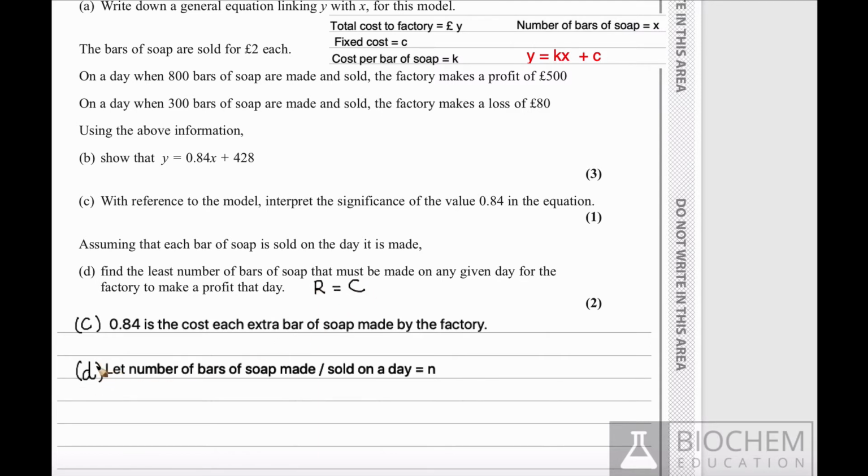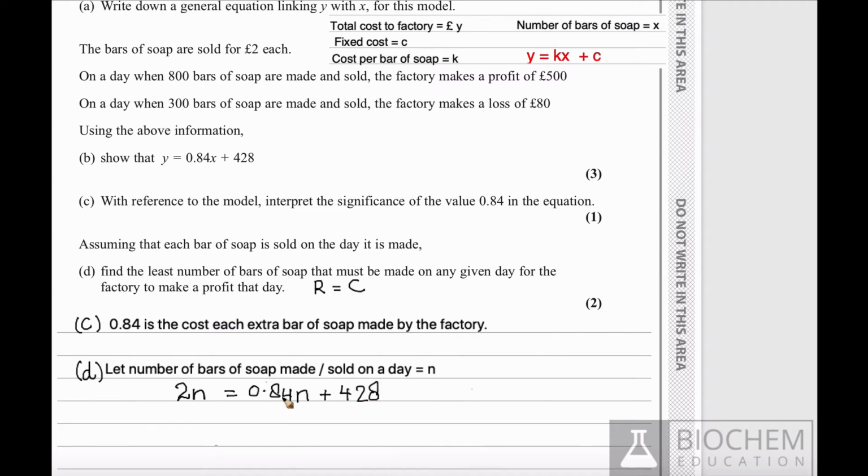So solving Part D, we can say let the number of bars of soap made and sold on a day be n. So what is the revenue when these many bars are sold? That will be equal to 2, which is the price of 1 bar, times n. N is the number of bars. So that is the total revenue, and that must equal the cost. So the cost will be 0.84 times n, n is the number of bars sold, plus